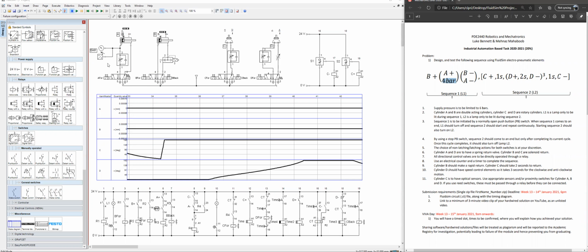And I use this throttle valve to reduce the pressure so it's not instant. And I have a quick exhaust valve here so that cylinder B makes a rapid return as requested by rule 9. Cylinder C should also take 2 seconds to return, so I use this throttle check valve. And then cylinder D should have speed control elements, so it takes 3 seconds for it to go clockwise and